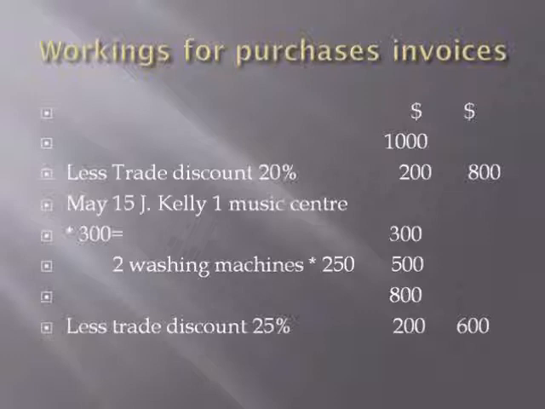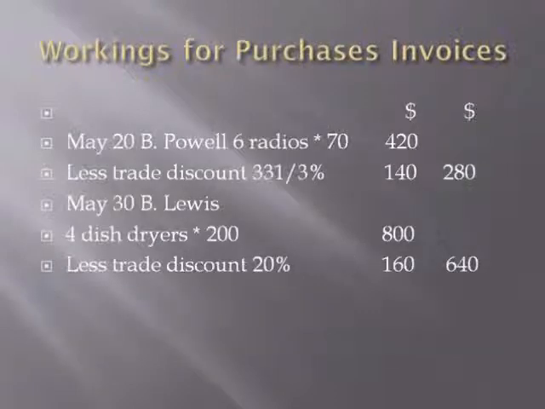And this $600 will be placed in your purchases journal. Next thing you have is May 20, B POA, 6 radios at $70 each. You multiply 6 by 70 to give you 420. Then you list your trade discount, which is 33 and a third percent. That means you find 33 and a third percent of 420, which gives you 140. Then you minus the 140 from the 420, which gives you 280. This 280 will be placed in your purchases journal